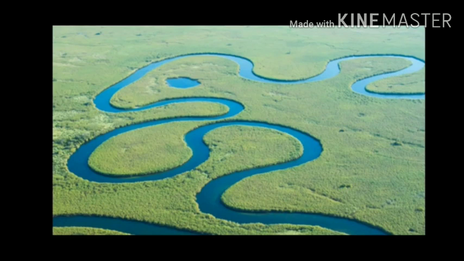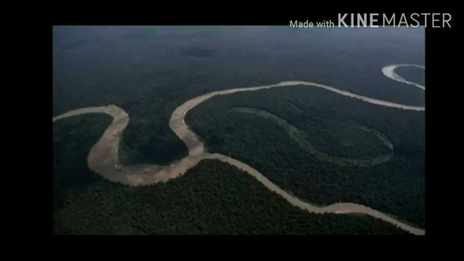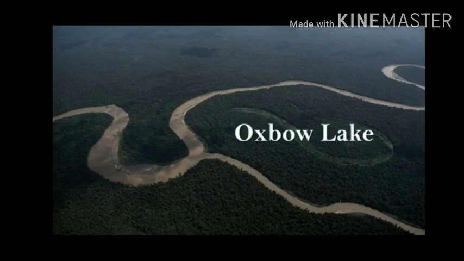It twists and turns, forming large bends known as meanders. Due to continuous erosion and deposition along the sides of meanders, the ends of the meander loop come closer and closer. In due course of time, the meander loop is cut off from the river and forms a cut-off lake, also known as an oxbow lake.